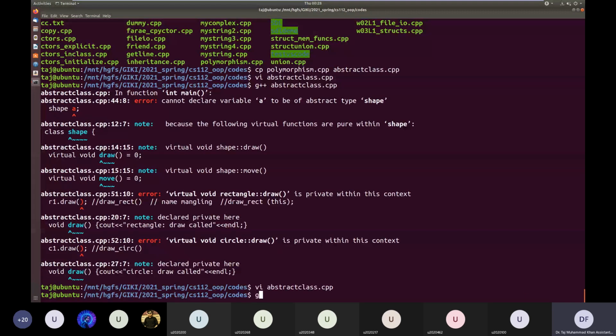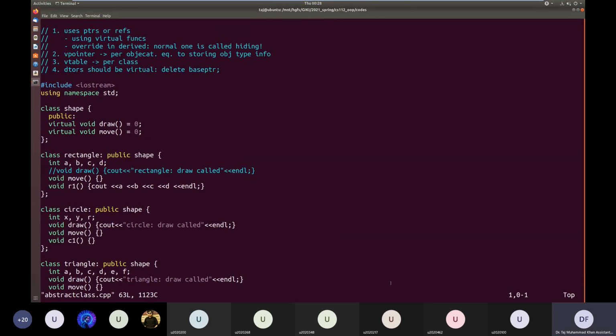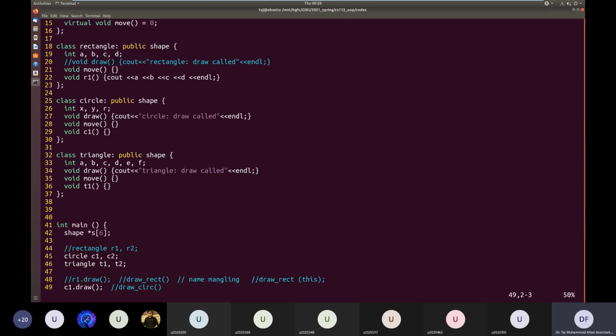Without rectangle, it should be able to compile. It says virtual draw is private within this context. Why is virtual void circle draw private? Line 49. Okay, it is saying draw is private.